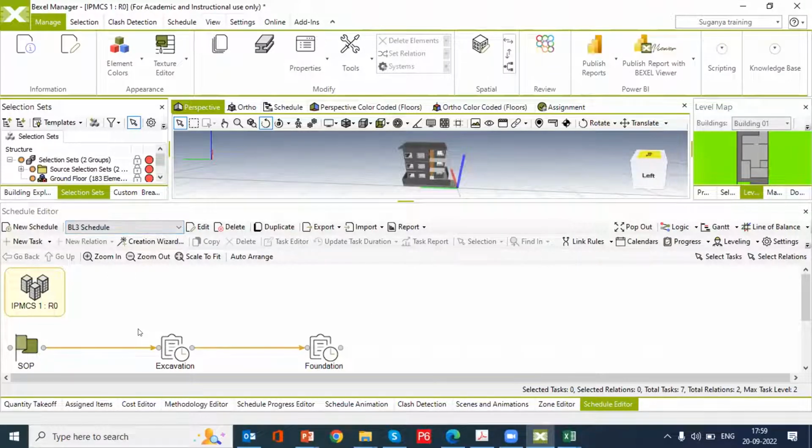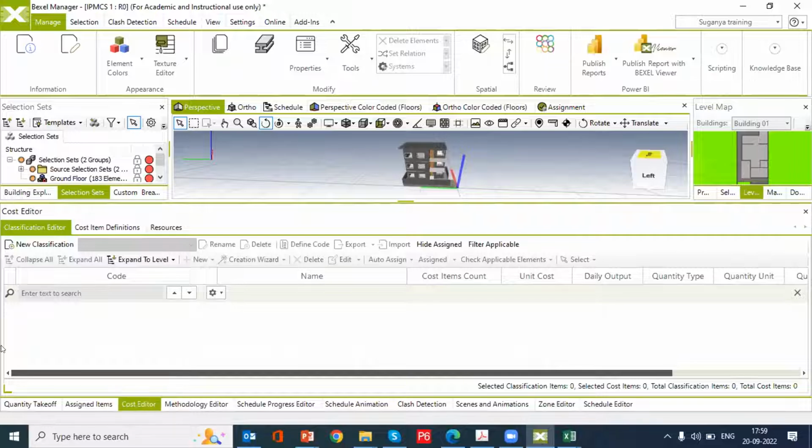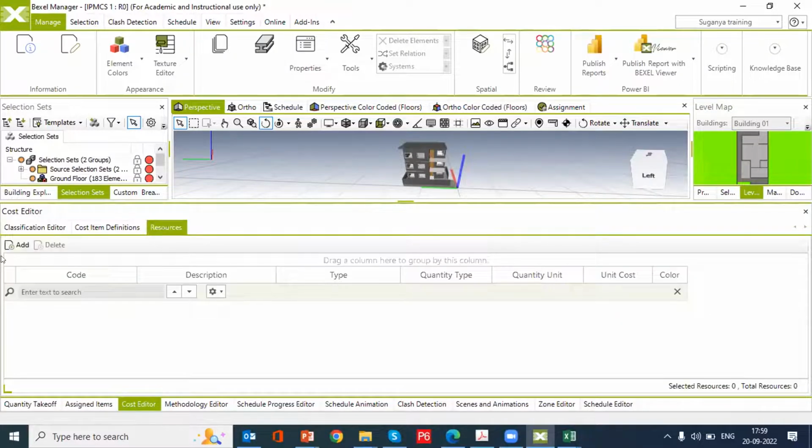So relationship after that, like resource management, is not directly possible here. Instead, we can go for the cost editor and then the classification editor. Using the cost editor, from the quantity takeoff, we can assign the resources directly here. In the cost editor, you can see the resources tab available, where we can create resources, meaning anything